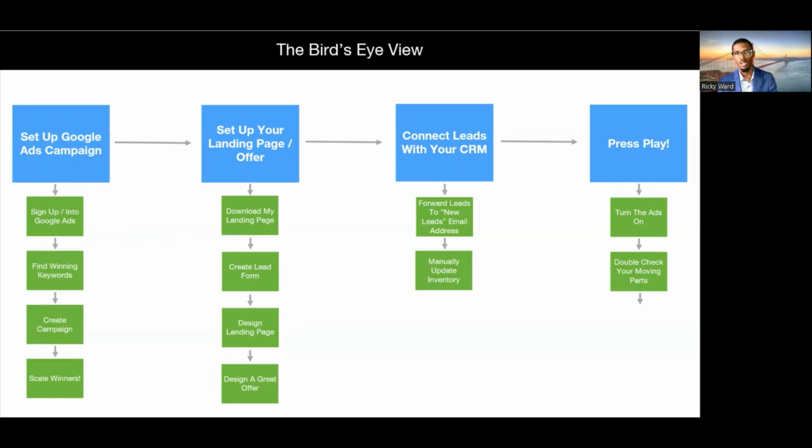Make sure you double check all of your moving parts, right? So make sure that you run through the funnel. So make sure that you actually fill out the form and make sure it goes into your CRM. Make sure that any emails you got sending out are being sent out. And then once you got that, you connect with the buyers from these leads, and then you start buying vehicles,